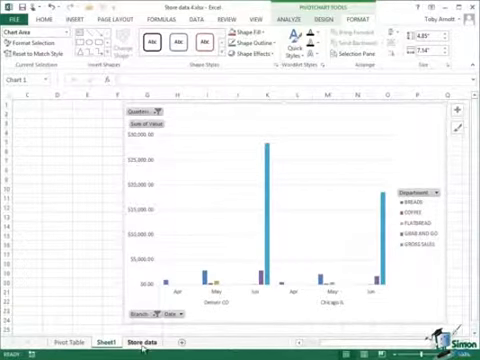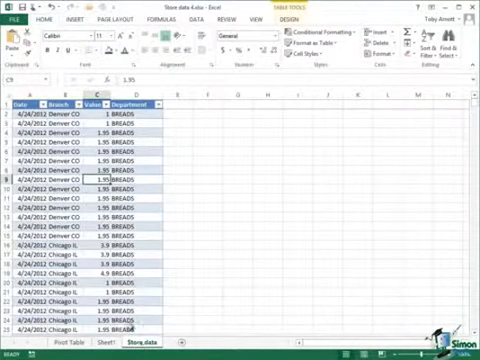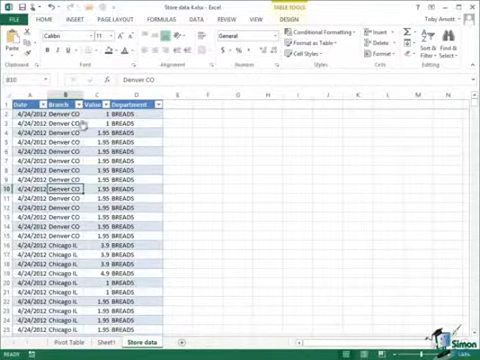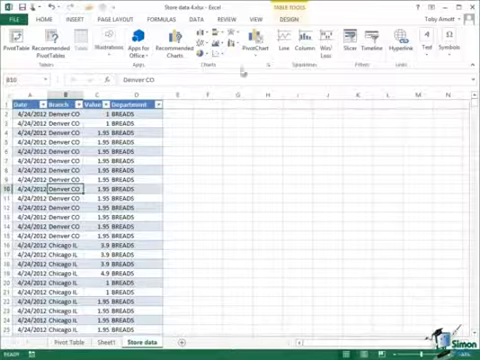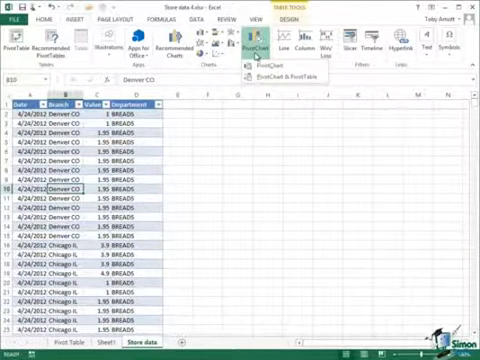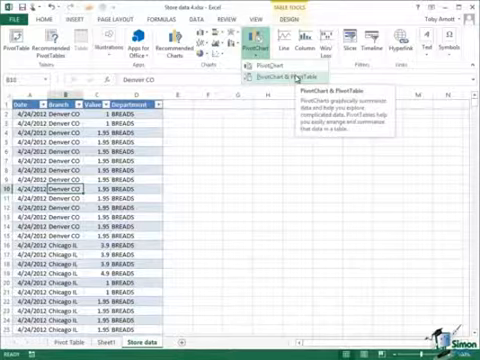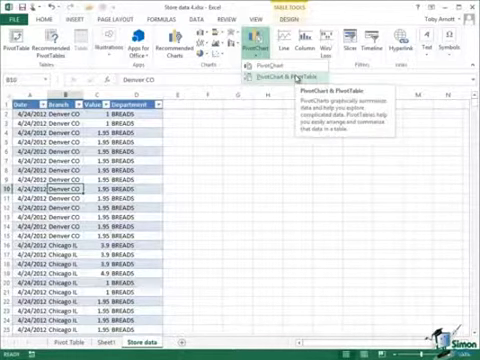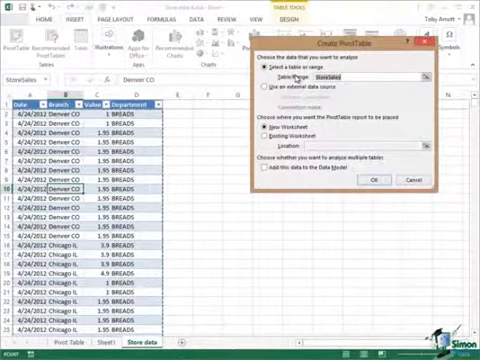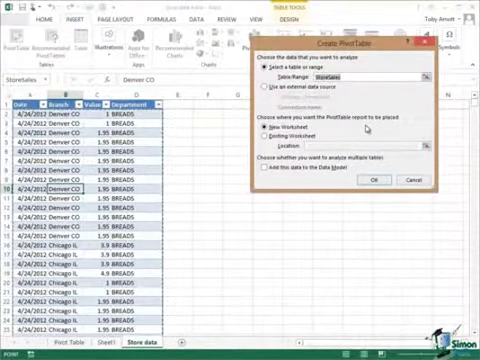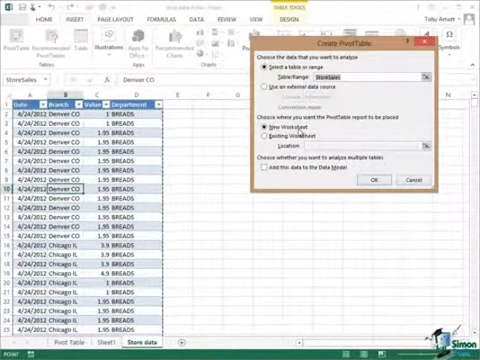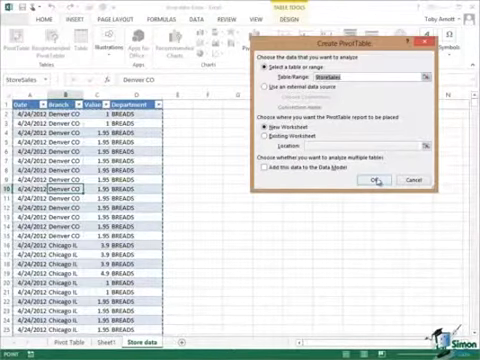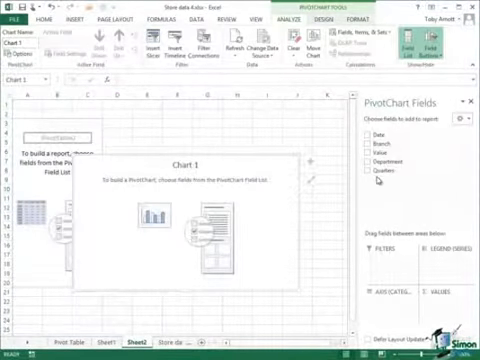Now I'm going to go back to store data, the original source data. Click anywhere in the source data, click on insert, and in the charts group under pivot chart, one of the options is pivot chart and pivot table. And if you click on that option, it gives you both basically, and it gives you a mechanism for dealing with both. I'm going to stick with our table store sales as my source data. I'm going to put this on a new worksheet again, click on OK,